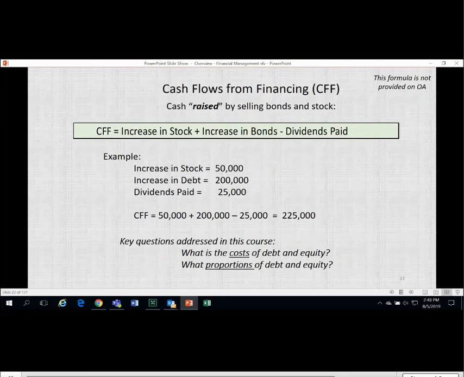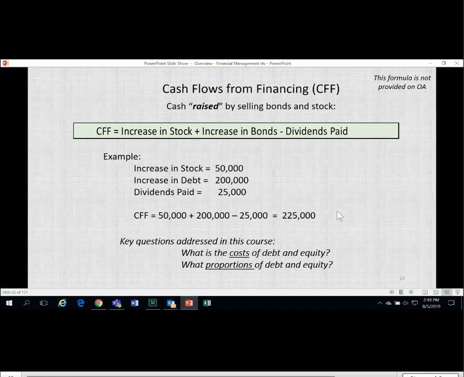Third, let's look at cash flow financing. This is cash raised by buying and selling bonds. And its definition is the net increase in stock plus the increase in bonds minus dividends paid. So when we increase stock, we increase bonds, we're on a net basis selling securities to investors, and they are giving the corporation cash, so that's cash inflow. On the other hand, pay dividends, that's cash going out the door. So simple example, stock increases by 50, debt increases by 200, dividend paid 25. So we end up with cash flow financing